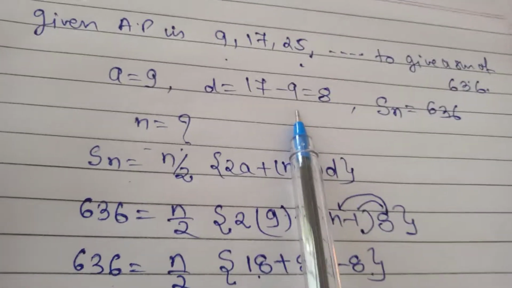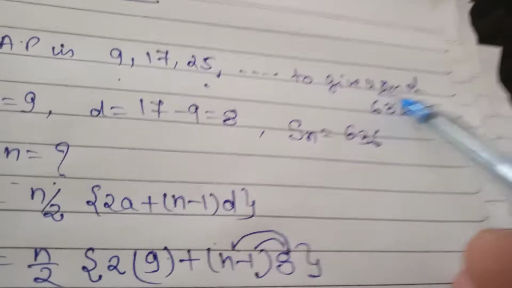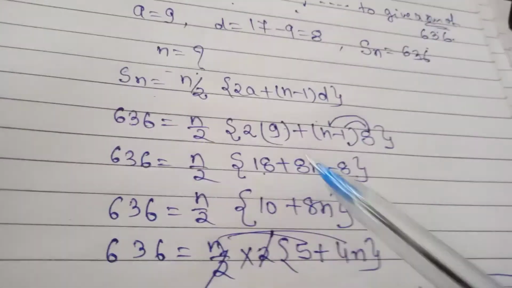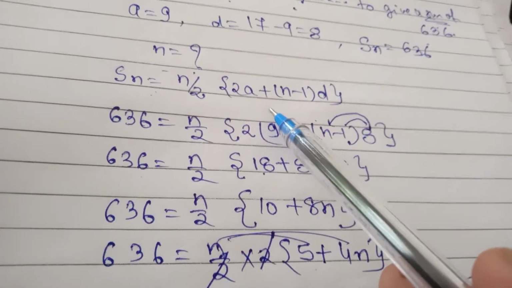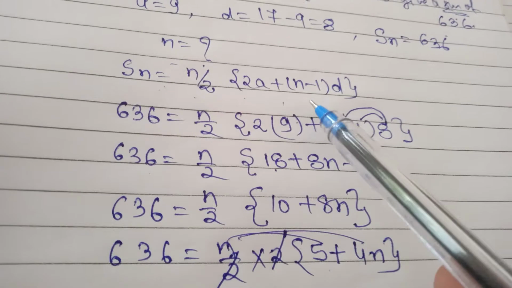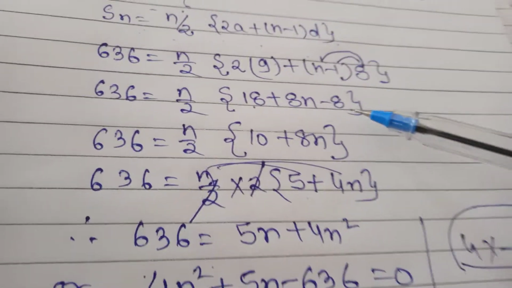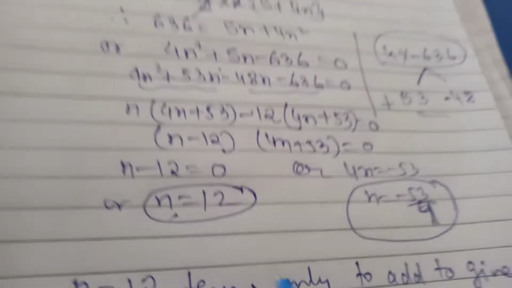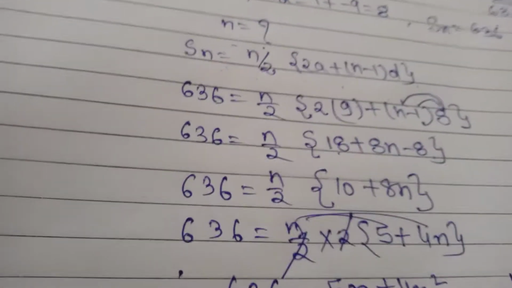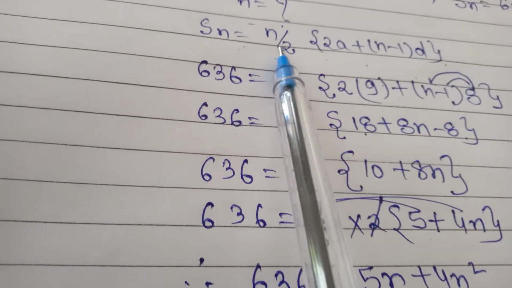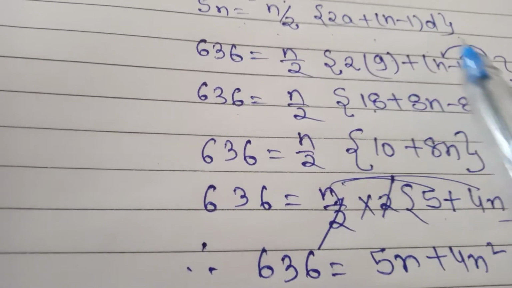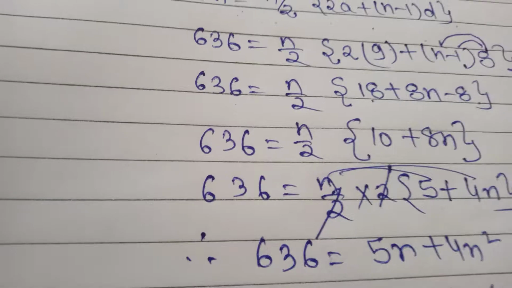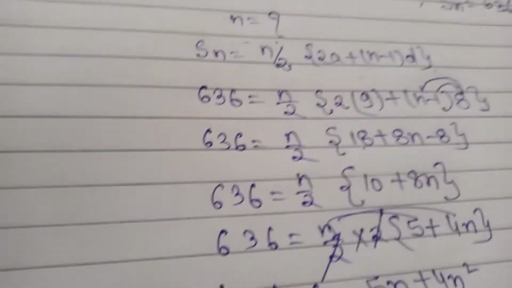Whatever the given value is, if you have to find in terms of the sum, you have to apply the formula of Sn. Sn is equal to n by 2 [2a plus (n minus 1) into d]. So this way, you have to solve. See, I have solved each and every step. I have given you the hint also. So doing this, you can find the number of terms using the formula of the sum of the AP. Clear? Let me solve one more question now.